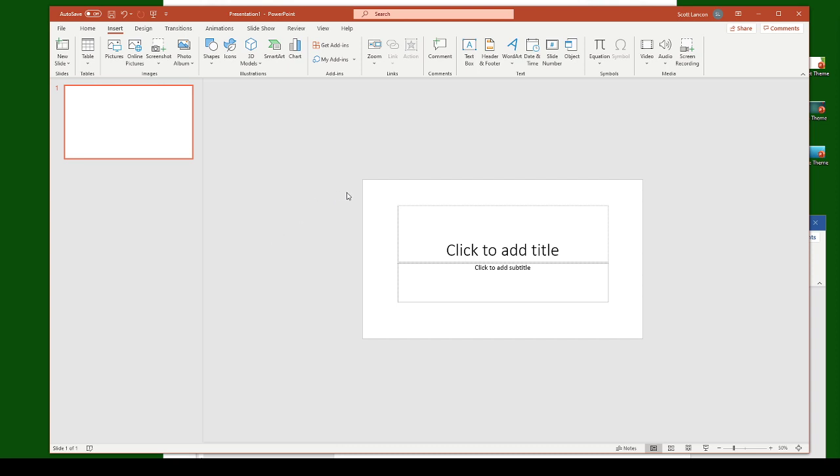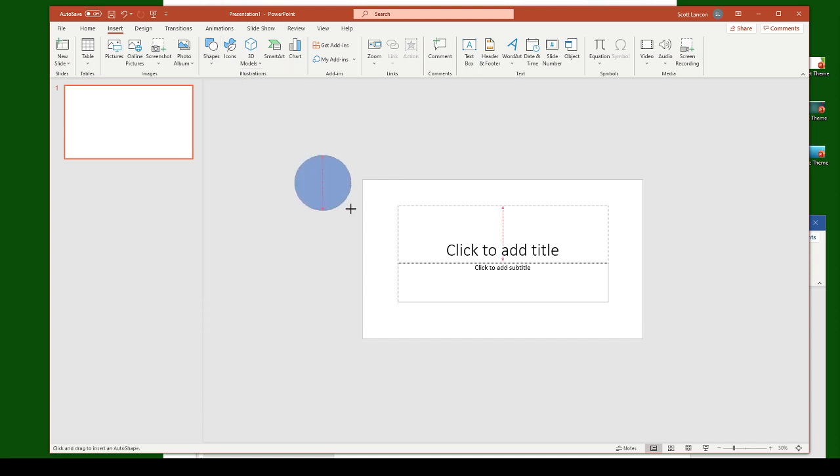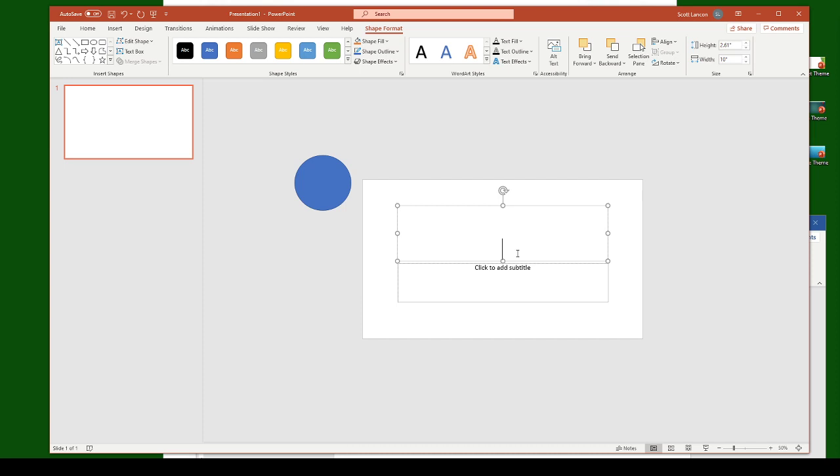Now, keep this in mind. Only the white portion is going to show up on the screen whenever you play your slideshow. None of the stuff that's out here on the side is going to actually show up. Let me give you an example real quick. I'm going to put in a shape, just a quick circle. And I'm going to type in, we'll say, circle presentation. Now, if I get this slideshow started,